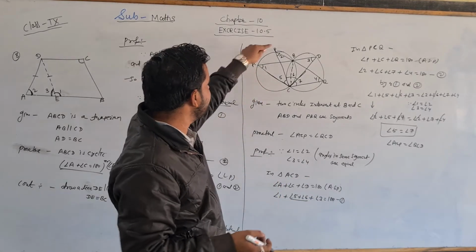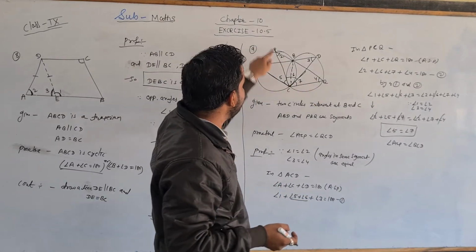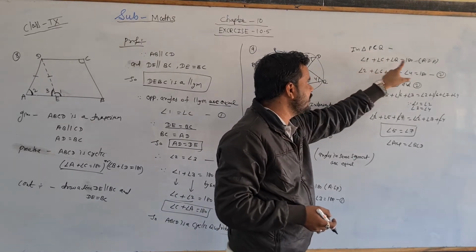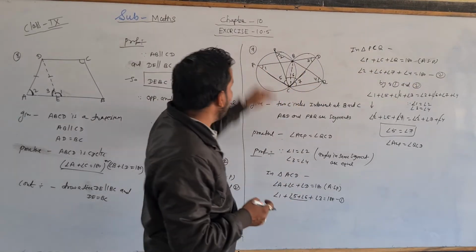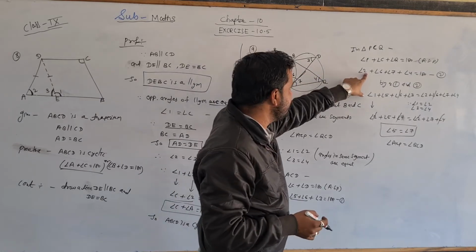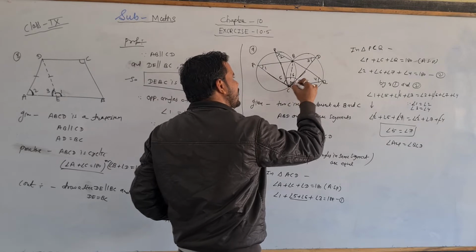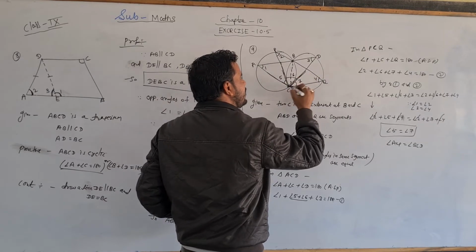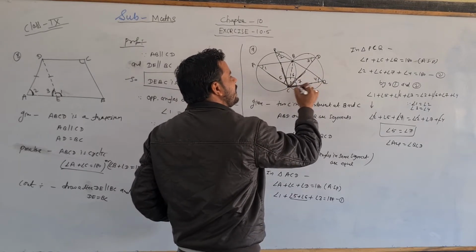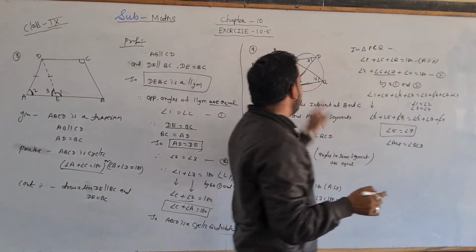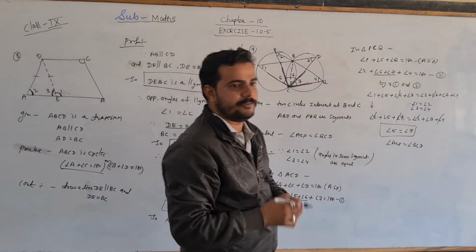Similarly, the second triangle is PCQ. In triangle PCQ, angle B plus angle C plus angle Q is equal to 180. Angle B means angle 2. Now you can see here, angle C: the line from B comes from here and goes here. So inside angle C there are 6 and 7. Then angle 6 plus angle 7 and angle Q, meaning angle 4, is equal to 180. This is equation 2.